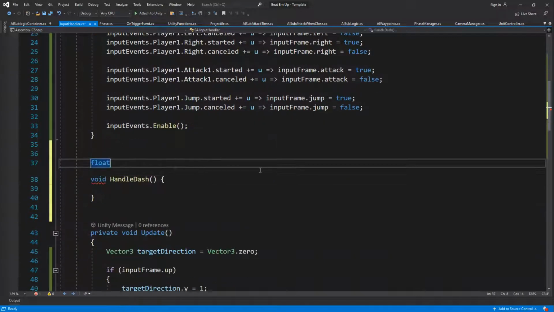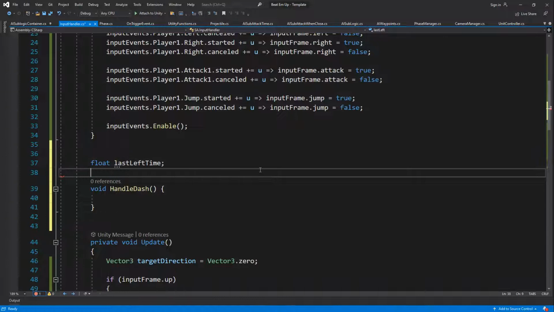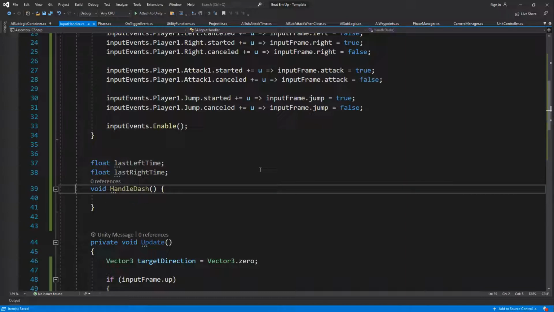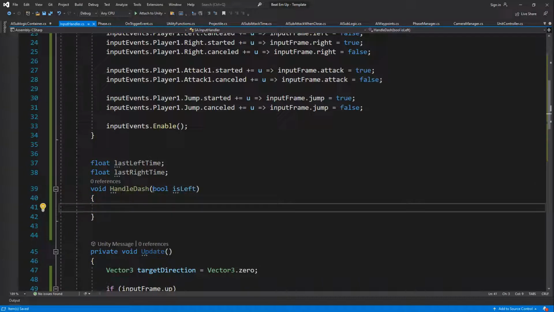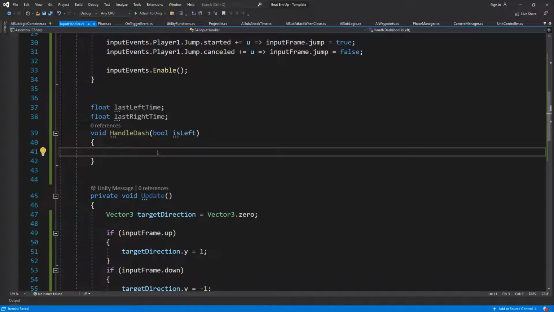Then we'll say last left time and last right time. Okay, let's assign the bool is left, so we know where we are going towards to. Then